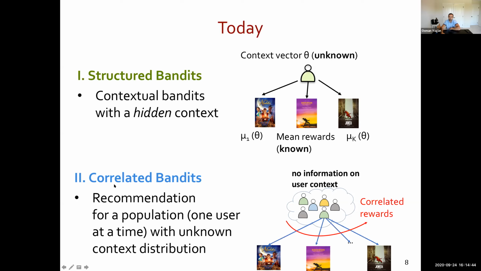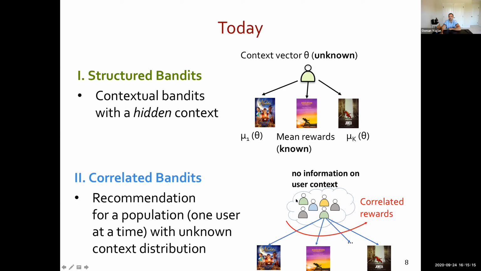The second problem is different. We will talk about this one as well. We call this correlated bandits. The structured bandit case has also been studied in the literature, so we are by no means the inventors of this. Throughout we will talk about how our algorithms or assumptions compare with the literature. But this particular correlated bandit setting is relatively new. To the best of our knowledge, in this particular way it has not been studied before.